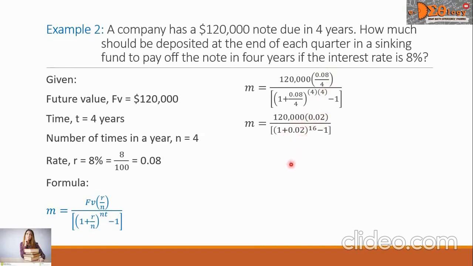For our next step, we will multiply this decimal with 120,000, so we will get 2,400. In here, we will combine this number 1 plus the pure decimal, so we will get 1.02. We're going to raise this value to 16, and the value is